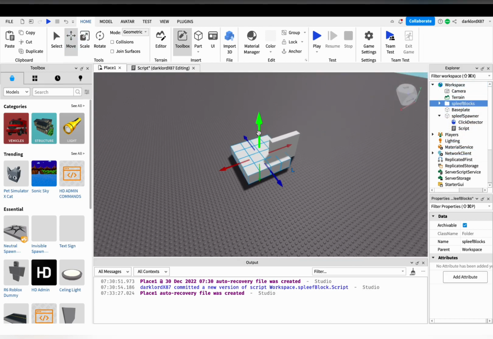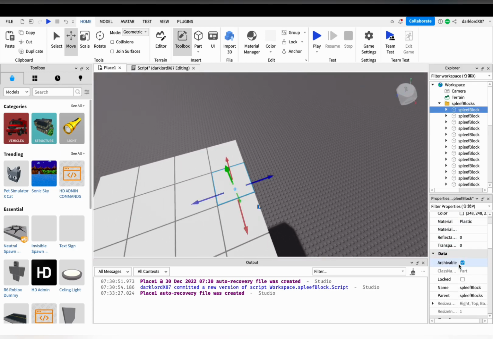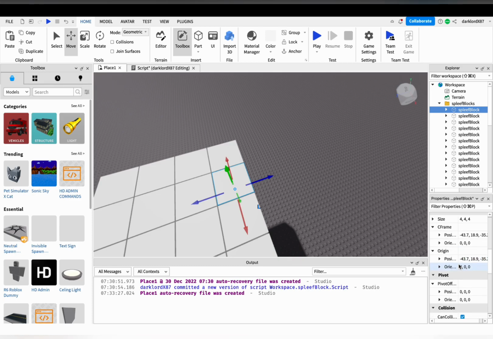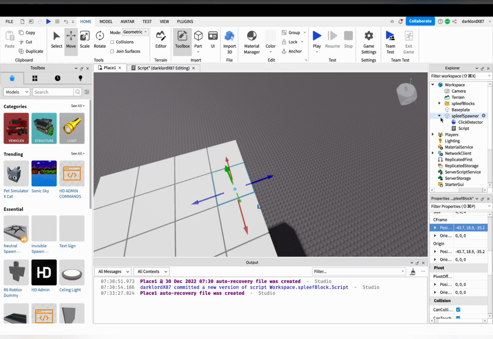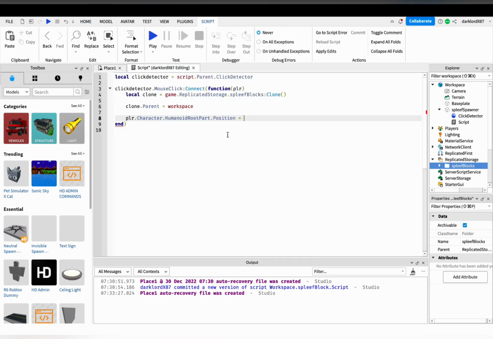Okay, so then go into the properties of one of the blocks and copy the position of the block. So if I go up, yep, you're just going to click on position and then Control C. And then you're just going to drag that back into the replicated storage and go back into your spleef spawner